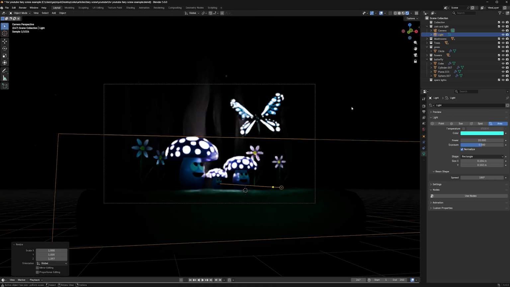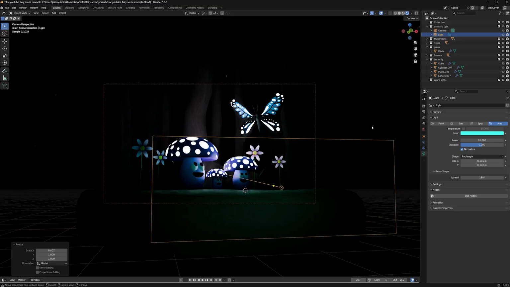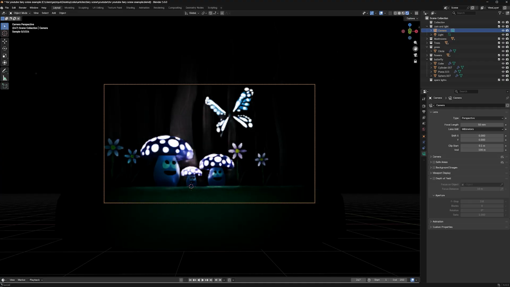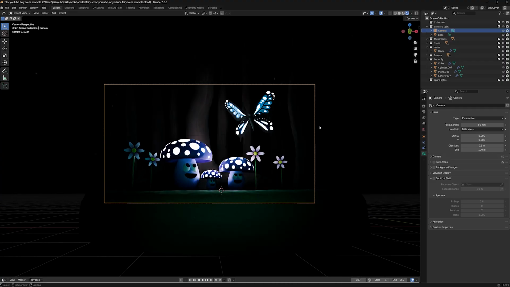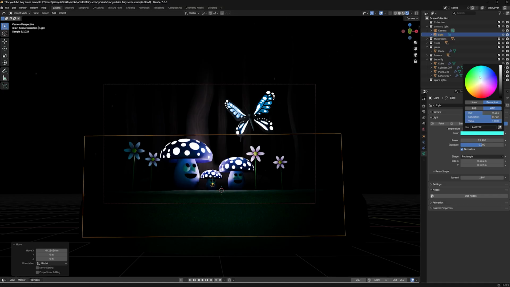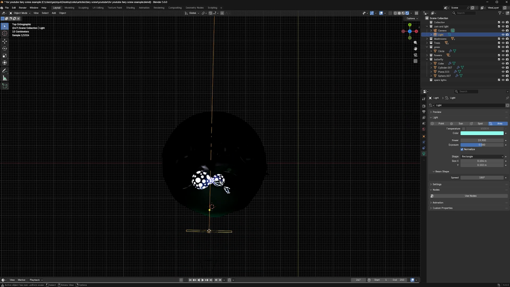Let's have a look in the camera view. Okay, maybe scale it down a little bit like this, and just bring it down a little. I'm going to select my camera once more and do a little bit of an adjustment. Maybe make this light just a little bit lighter. Okay, great. Go to top view, and I'm going to press Shift D